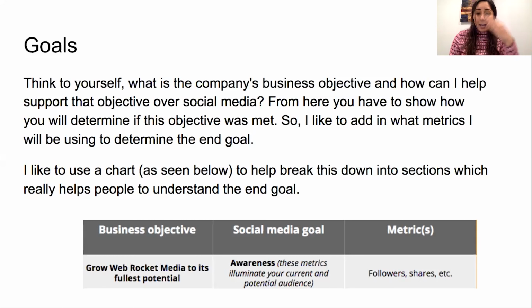So the first one, you add the business objective, and then the social media goal, which here is awareness, and then how am I going to determine if awareness was met? So of course, through followers, shares, likes, etc., that builds brand awareness right there. So let's move on to the second point,